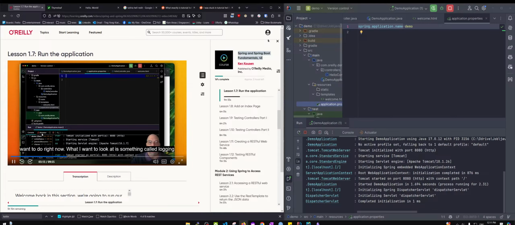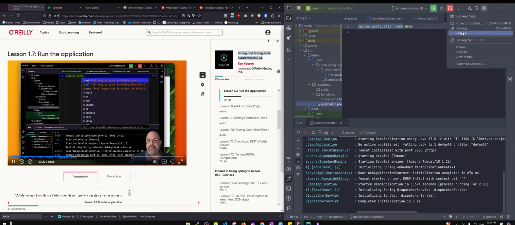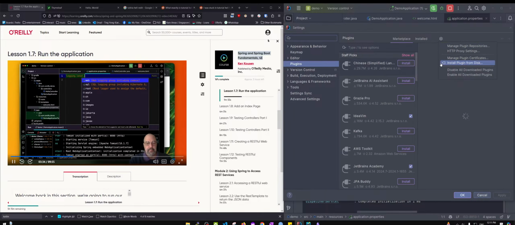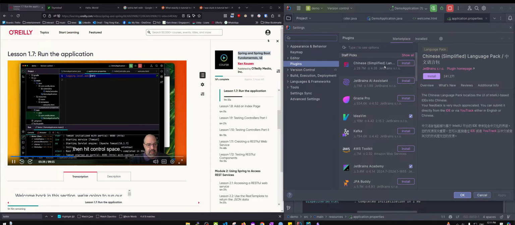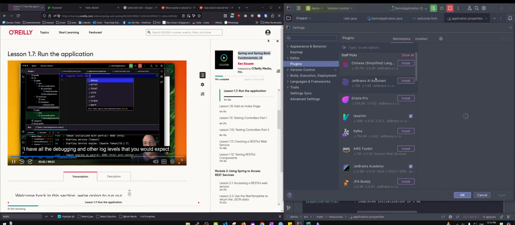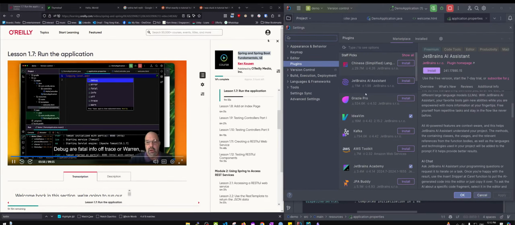That's not the one I want to do right now. What I want to look at is something called logging.level. Now, logging.level, we'll look at a little bit more later, gives you a rich API for logging various packages inside your application. But you may notice here at the top, they built a web logging group called web. If I simply say logging.level.web equals and then hit control space, I have all the debugging and other log levels that you would expect. Debug, error, fatal, info, off, trace, or warn. I'll pick